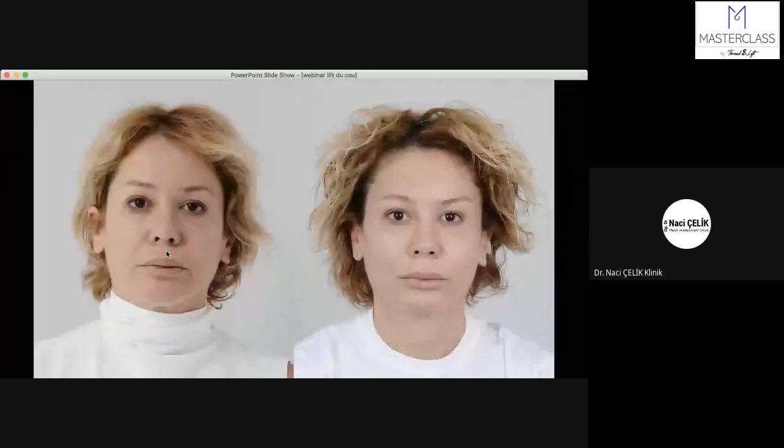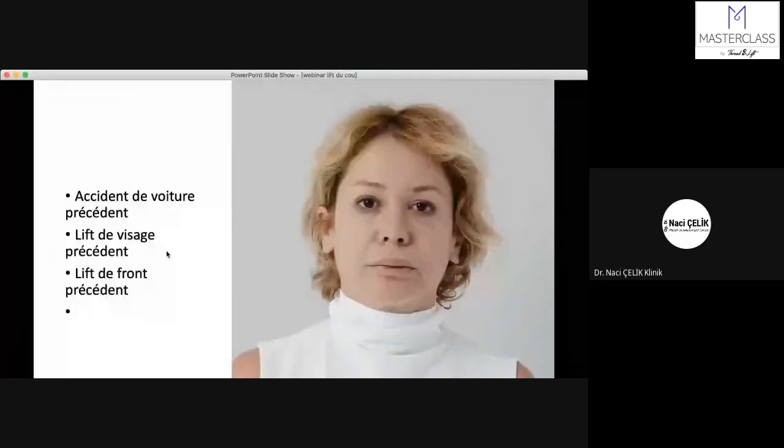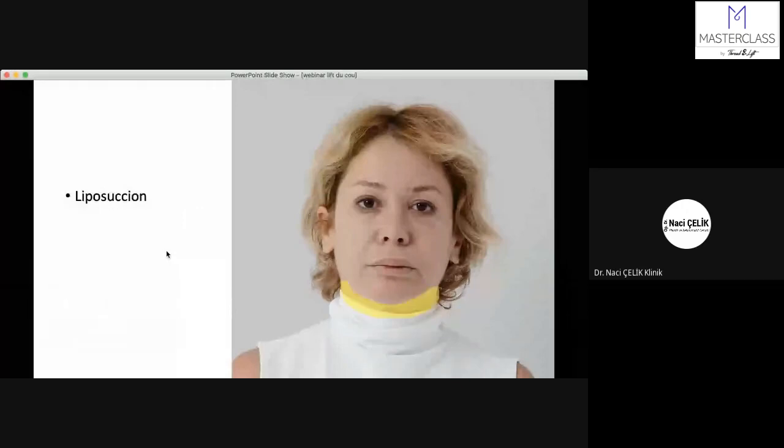This patient is difficult, not because of her behavior, but because of the previous surgeries and car accident. She had a car accident before, and there are scars on the frontal area, and there is an asymmetry of the eyebrows, as you can see, and she had a previous facelift, and she had a previous frontal lift. So the plan: liposuction first, and this is gliding brow lifts. I combined the gliding brow lift, you know, especially for the upper part of the face, you do